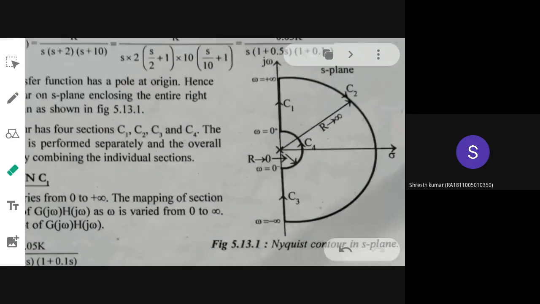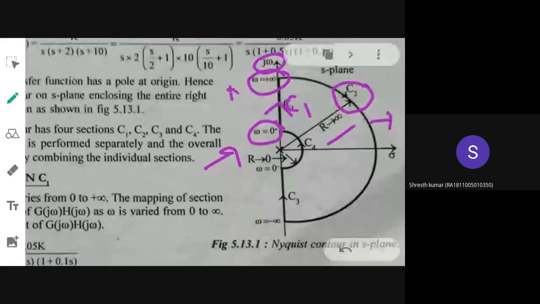So first thing is you need to draw this Nyquist contour. After framing the time constant representation, you are drawing the Nyquist contour and observing it. You are having segment number 1, that is along the imaginary axis, which is ranging from omega is equal to 0 to omega is equal to infinity. Then C2 will be your arc that is covering up the entire right half of the S-plane and whose radius is infinity, and it will be ranging from pi by 2 to minus pi by 2 angle. And the next segment is your C3 segment, that is again along the imaginary axis j omega, where the direction is from omega is equal to infinity to omega is equal to 0.